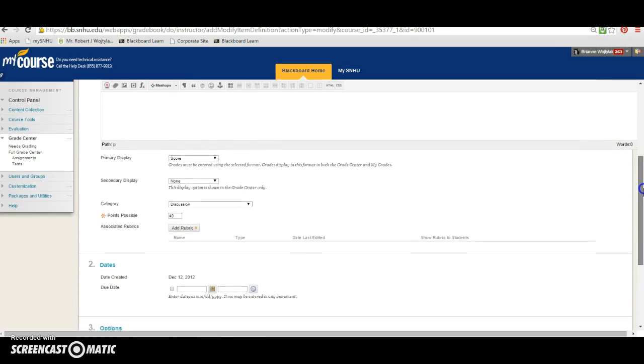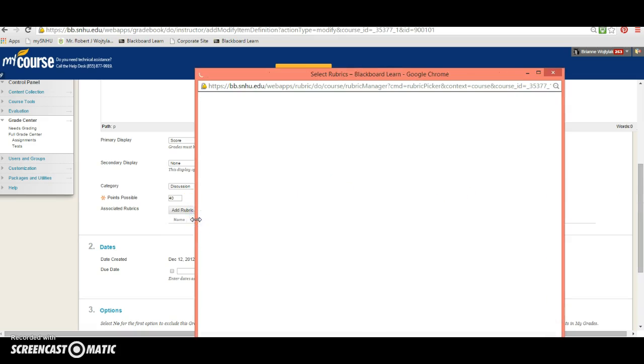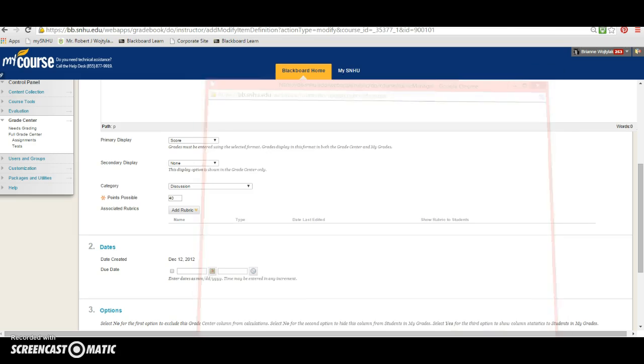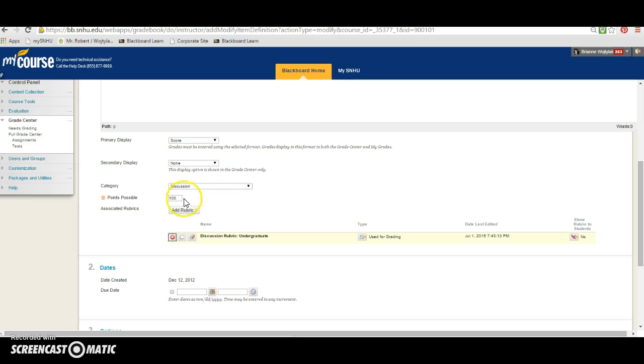Simply scroll about halfway down the page to Add Rubric, select Rubric. You'll then pick the discussion board for the discussions and hit Submit. It will say click OK to assign the rubric's maximum points as the possible points. You're going to want to select OK here, but you're going to see that it changed the 40 points to 100, and you need to change that back to the original point value of 40 for the discussion and 50